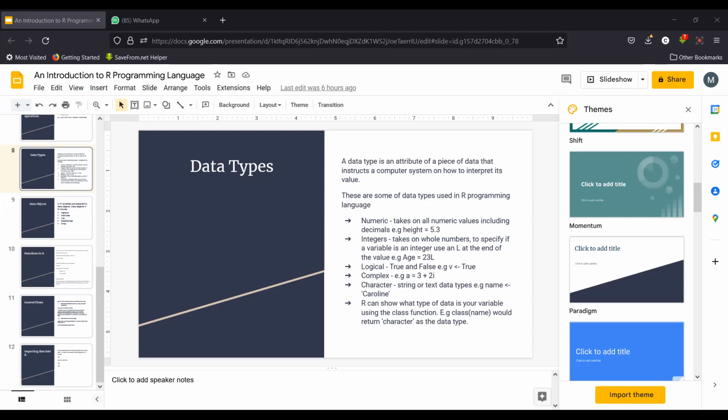Oh, I didn't finish on logical. So on logical, we said if a statement is either true or false, R will tell you automatically this statement is true, right? Now let's assign a new variable X is equals to 1 and another variable Y